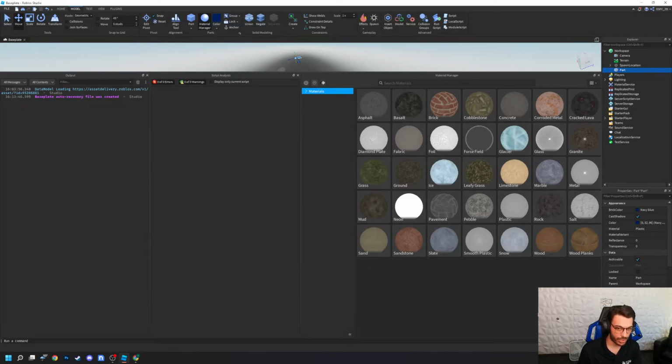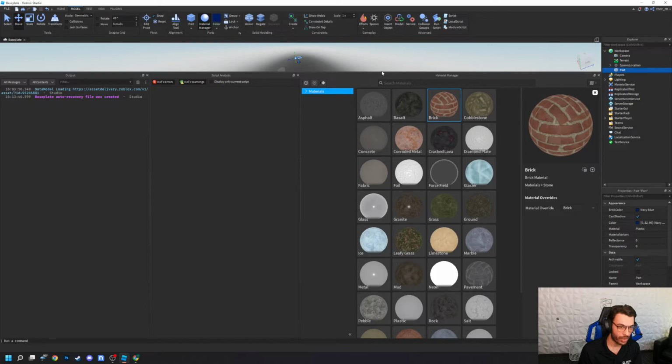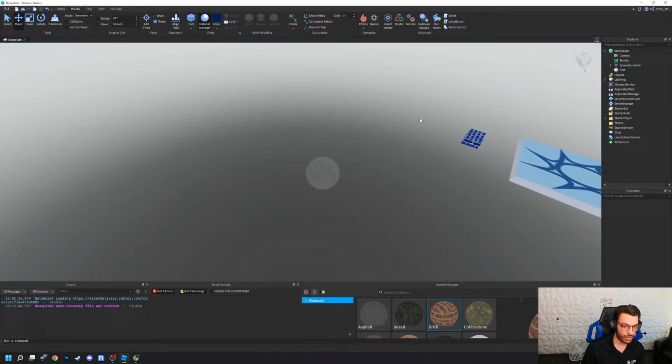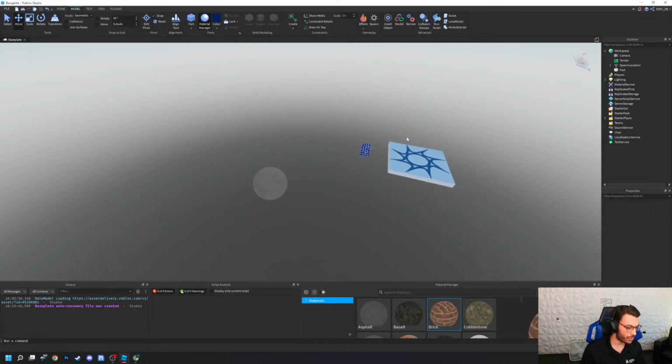But let's say I want this to be a brick, for example. I can come here to brick and I can click this, click this and go ahead and come back to here, and it will be a brick. And a blue brick specifically because I have this here. Cool. But this is kind of some of the basics of just moving around and creating parts inside of Roblox